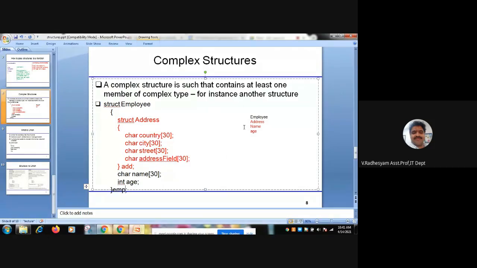If you want to access the name, it is okay with emp.name. But if you want to access the country, you need to do emp.add.country.